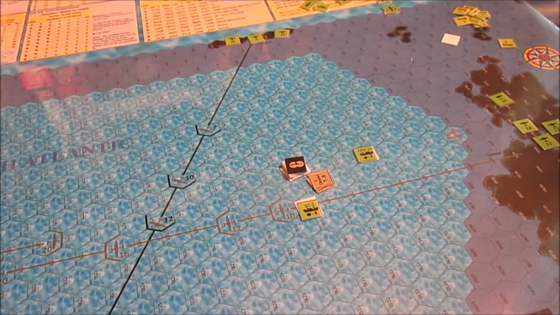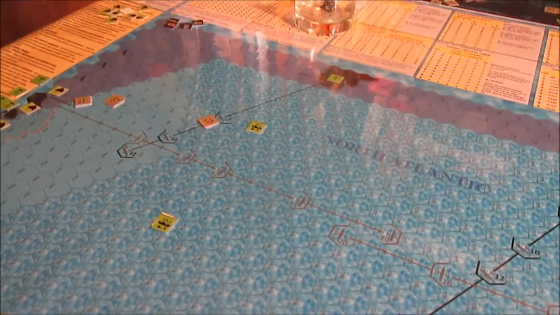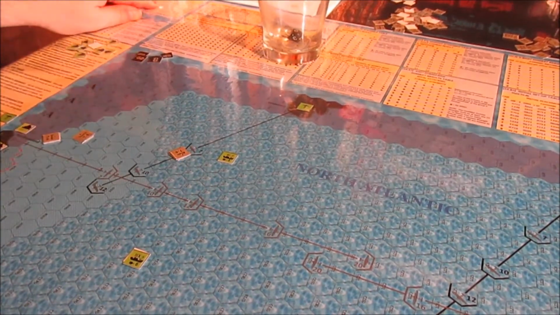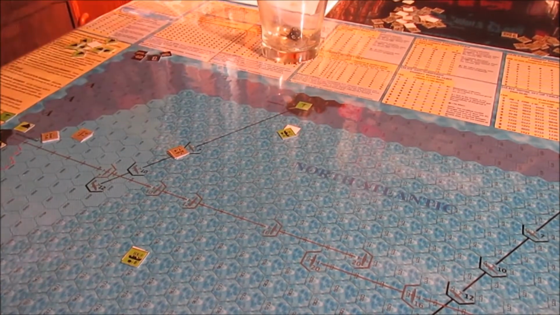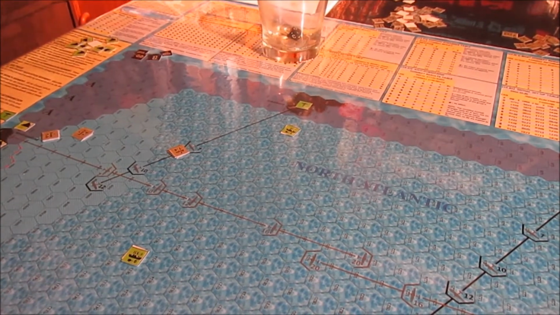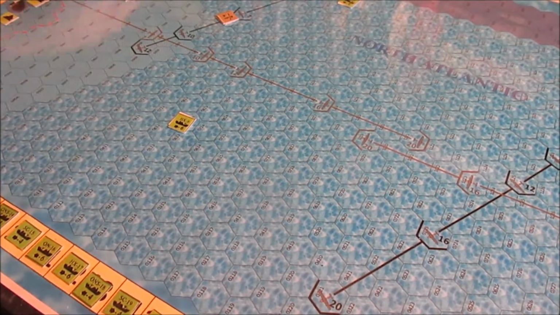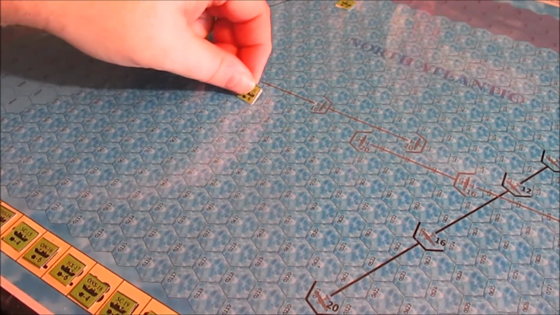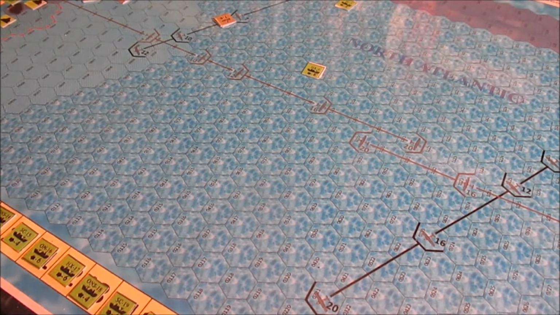What's the next one? I believe 7 is the next one. They're in hex row 3. For a dice roll of 3 is going to be north. 2, 3, 4. Okay, so that's 7, 8, 9, which is going to be that one. Hex row 3, and a roll of 3 is going to be north. 1, 2, 3, 4, 5, 6. Okay, 9,